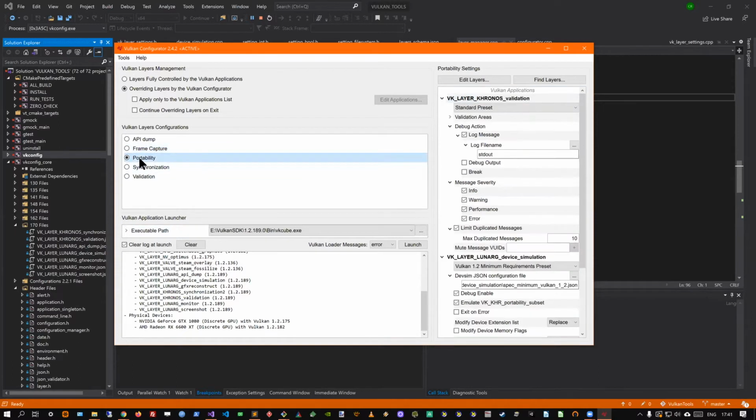We have one we call portability, and it's pre-configured with two layers: the validation layer and the device simulation layer. This is the layer we're going to modify.